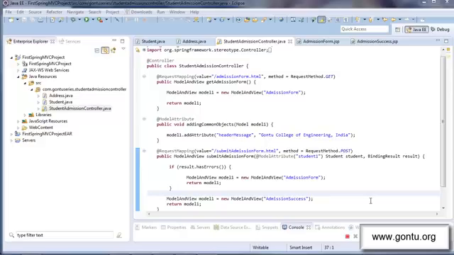In the previous tutorial, I showed in detail how to use the data binding feature which is provided by Spring MVC with this demo. Now let's talk about how we can customize the data binding feature. Guys, before I start explaining everything about data binding customization, like what exactly it is all about and in what situations we would really need to go for it, let me give you a brief summary of what we learned